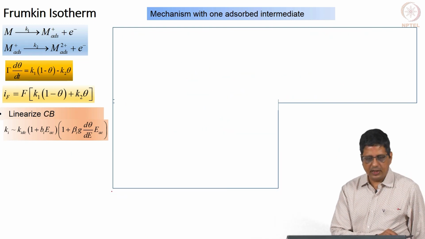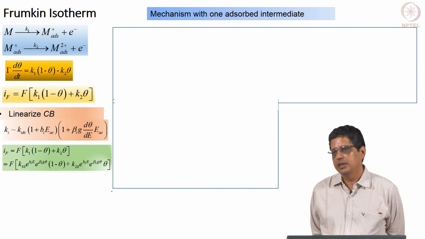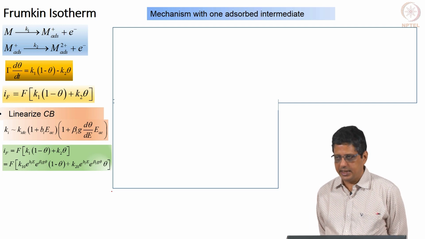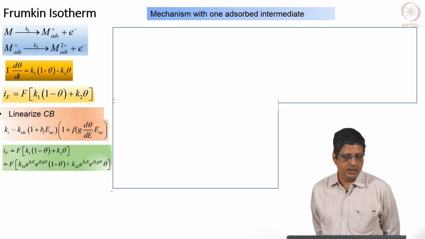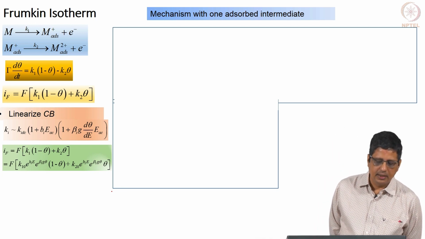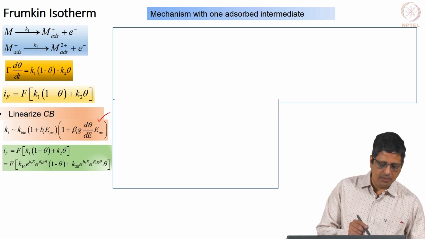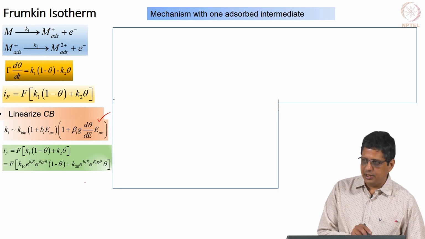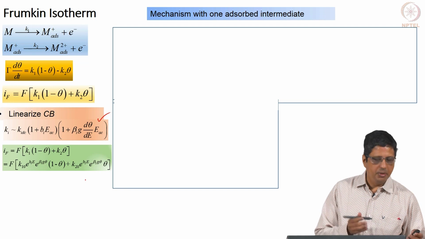You get an expression for d theta by d E. This we obtain by linearizing the mass balance equation. You can take the charge balance equation and linearize it here. We use K I as K I DC times (1 plus B I EAC), and the next term from the isotherm, theta we can substitute as theta SS plus d theta by d E EAC. This is actually fairly straightforward again. It is again going to be a little lengthy, but we are short of time.